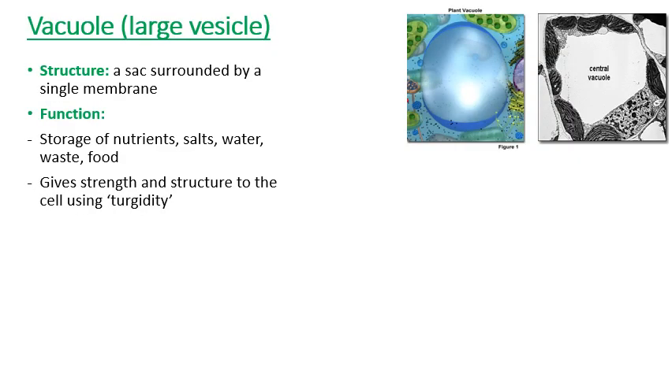Vacuole is next. And the vacuole looks like a giant vesicle, which basically it is. It often looks like a swimming pool or just a lake when you see an artist's impression of a cell. So it's just a large sac surrounded by a single membrane. And the vacuole stores nutrients, salts, water, wastes and other food chemicals if needed. The other important job though is to give the cell strength. So the vacuole works in partnership with the cell wall in plants particularly,